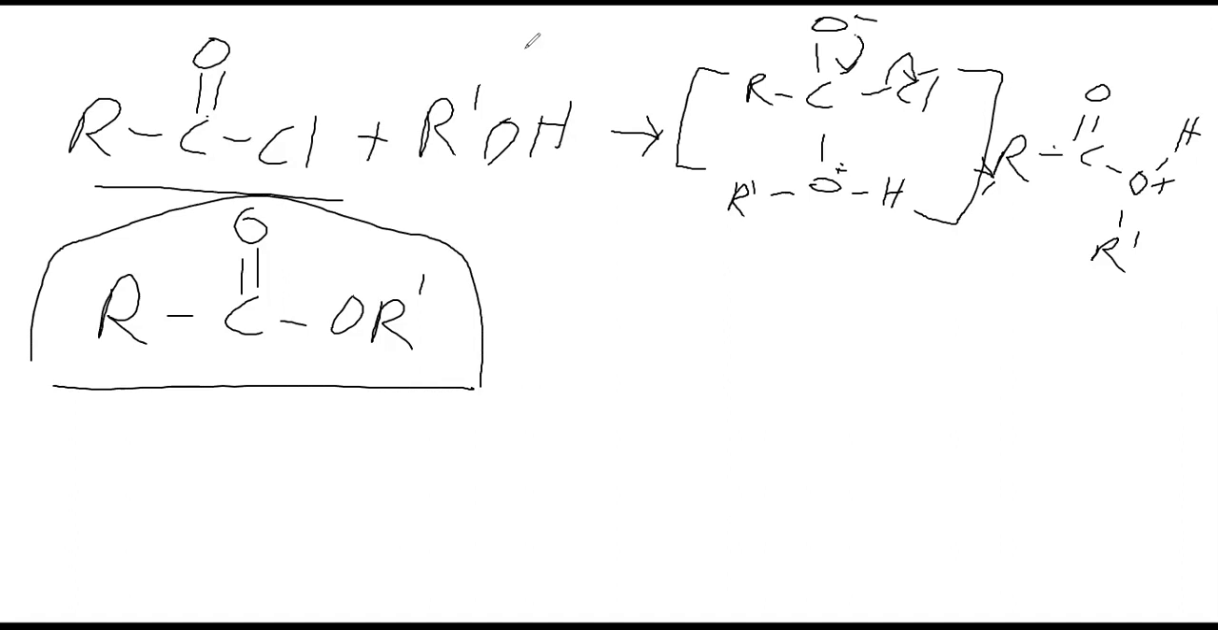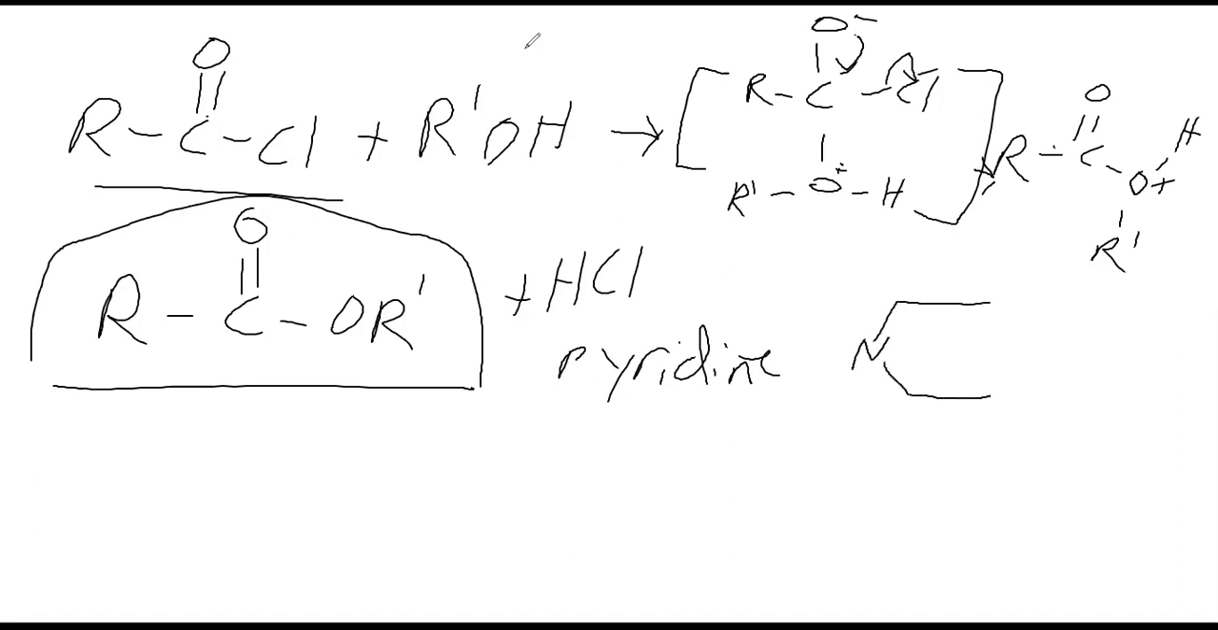Now, typically, it's going to form HCl as the byproduct. Typically, what you can do to take care of the HCl is use pyridine, a nitrogen base, to neutralize the acid. That's going to further force this to products as you remove that proton. Pyridine is not exactly a strong base, so it's not going to deprotonate an alcohol, but it will